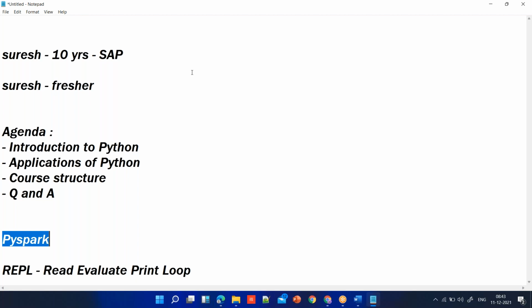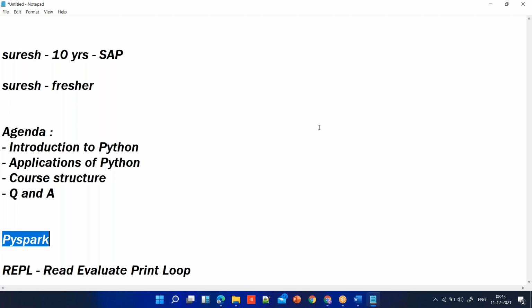Likewise, we have some interesting features, guys, which Python has to offer. We'll be deep diving into all those things in the first couple of sessions, starting from Monday. You can get the batch details from Career IT folks. Yes, I think it's already confirmed. So batch starts from Monday.